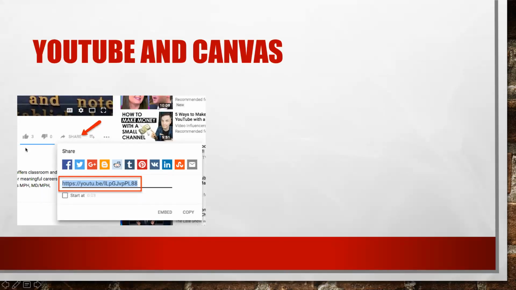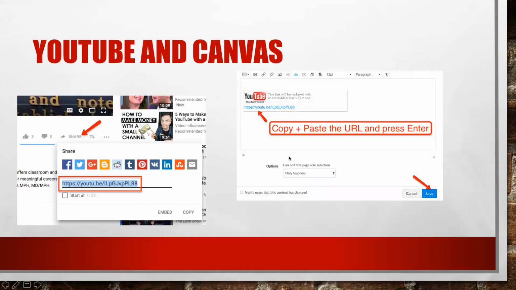In YouTube, at the bottom of every video, you will see a share link. When you click on the share link, you will get a short URL that you can copy. Once you copy that short URL, you can go to your Canvas. When you open up the page that you want to edit, go to your text editor and paste that URL into the text editor. When you press enter,